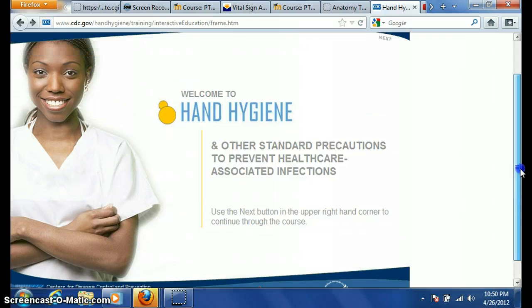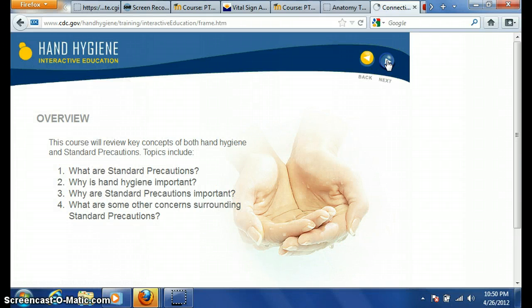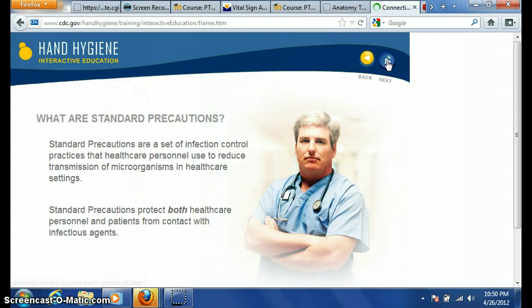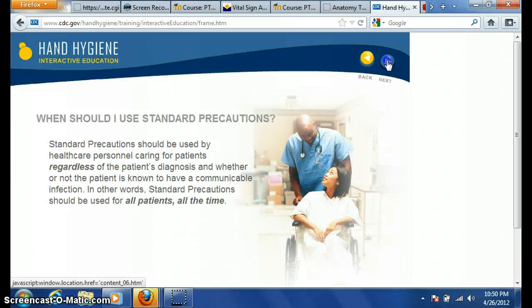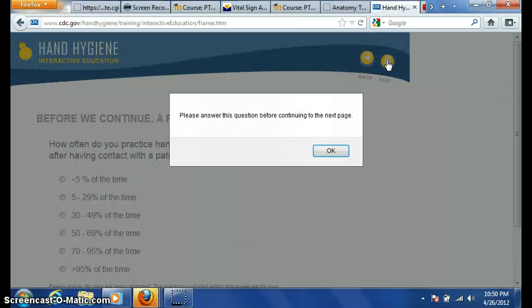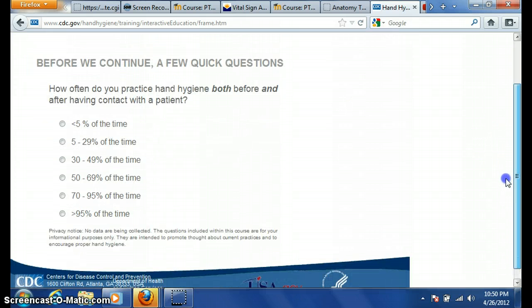It's by the CDC, and this is our lecture content for hand hygiene and infection control. It's the pre-lab material that students go through to prepare to come to laboratory, where they actually practice appropriate hand washing technique. It goes through the content, so instead of a textbook, we use this to cover content for standard precautions, as well as in the lecture, and then the students get a chance to get prompted with some questions,